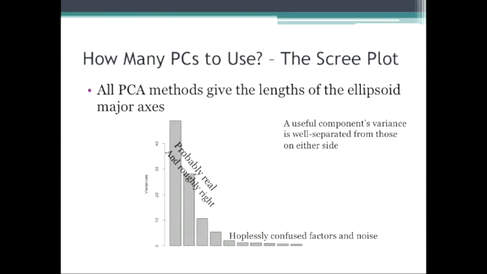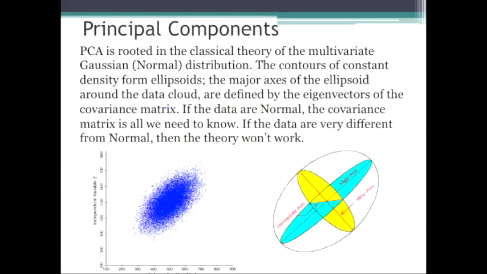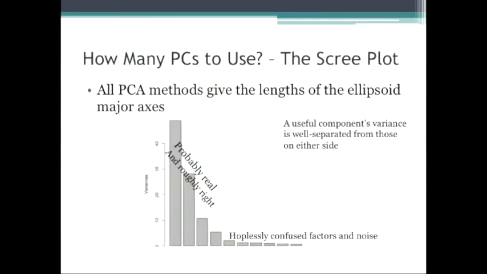How many of you do mountain climbing? So you know what scree is? So all those boulders that are forming this kind of pile on the side of a cliff. And what we're looking for, what these represent, are the lengths of the data along the different axes. How much variation are you getting by representing the data on the first axis, then on the second axis, then on the third axis? So if we go back to this picture here, we're asking sort of how long are these different axes? So the first principal component is the one with the longest axis.